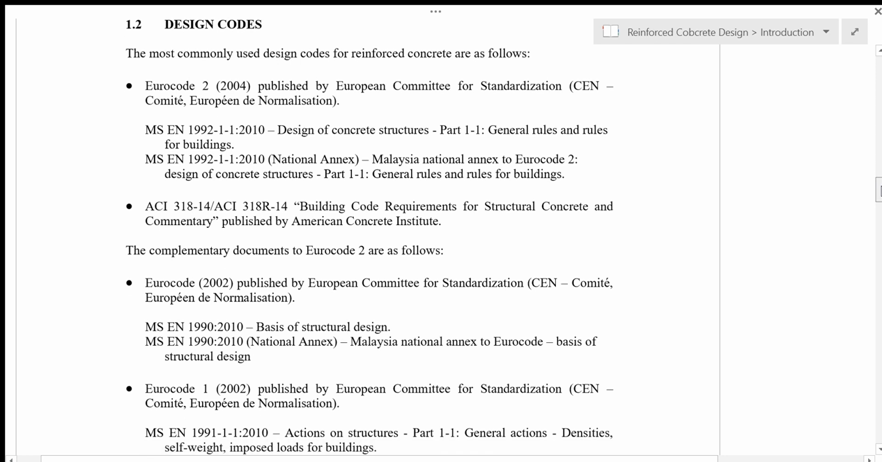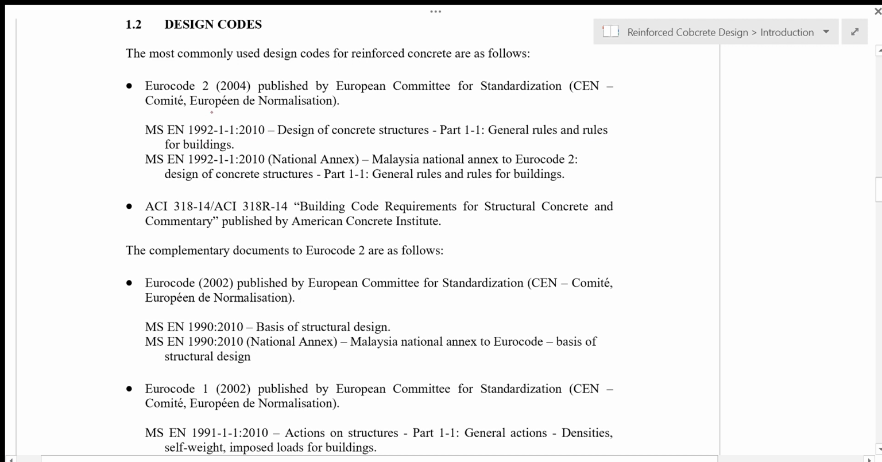So in design, we have to follow certain design codes. The most commonly used design codes for reinforced concrete are as follows. In Malaysia, we are using Eurocode 2. This is published by the European Committee for Standardization, right? So we will be using MS EN 1992, Design of Concrete Structures, Part 1-1, General Rules and Rules for Buildings,